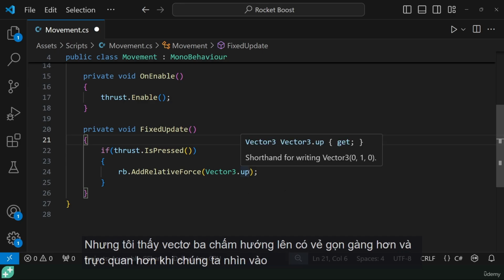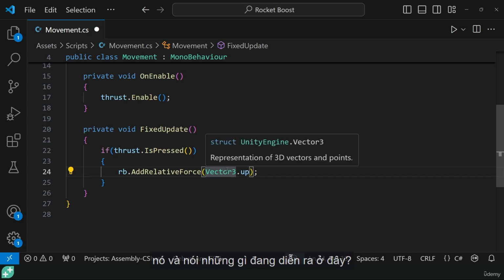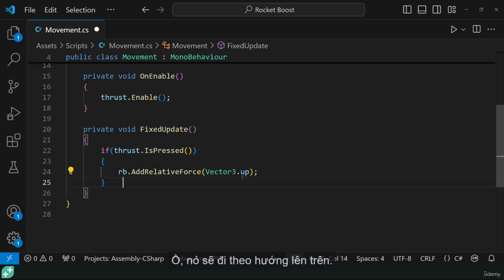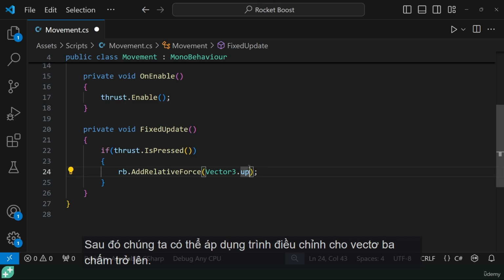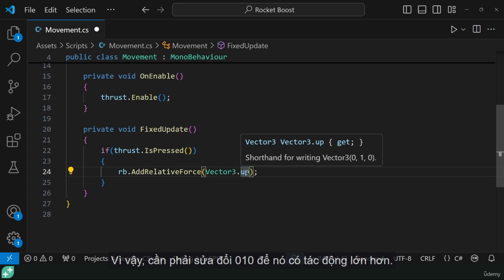But Vector3.up, I find, is a little bit cleaner and a little bit more straightforward when we're looking at it and saying what's going on here. Oh, it's going to go in an up direction. We don't have to take that moment to figure it out. And it also means we don't have these magic numbers baked into our code. We can then apply a modifier to Vector3.up, so a modifier to the 0, 1, 0,